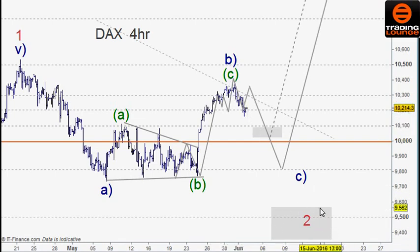Now the 50 and 60% retracement level is down here lower, but obviously we've got great support at 10,000 and also throughout this consolidation here, so we'll have time to work that out. It's probable that because the market moved up beyond its 61.8% retracement level here, it won't pull all the way down through this area, but we should expect it to poke around the 10,000 and